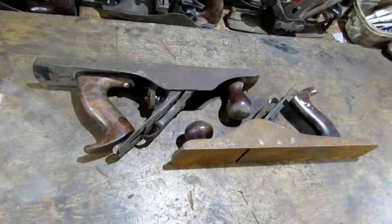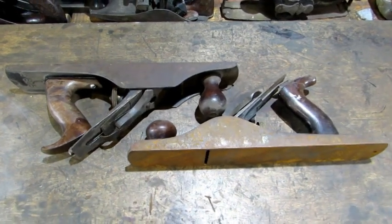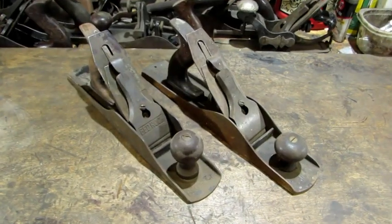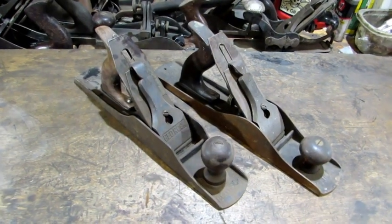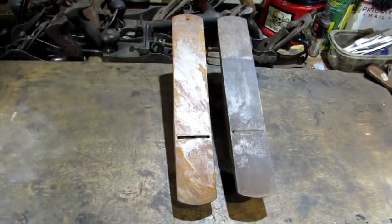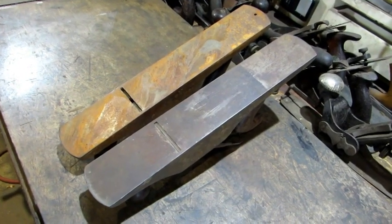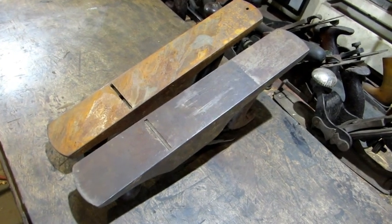Look at that. I do a lot of plane restorations, but I want everybody to know up front that I am not an expert at lapping. And I don't think there's any one right or wrong way of doing it. And I think that in general, for most of the work that we do, lapping is overrated. And by that I mean I don't think the bottom of a plane has to be 100% flat all the